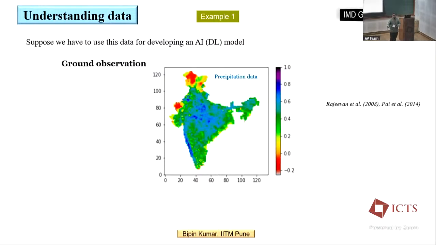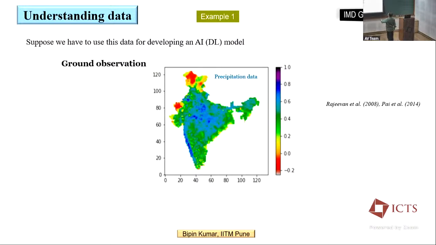Now, I don't know how many people have seen this data, and my slides are not very new, I am referring to some old slides. This is IMD gridded precipitation data. Suppose I have got the data. My problem statement here is that I want to do a 3-day weather forecast, the precipitation forecast. This is daily data, and it is rain gauge ground observation data. And I want to do the weather forecast in this area.